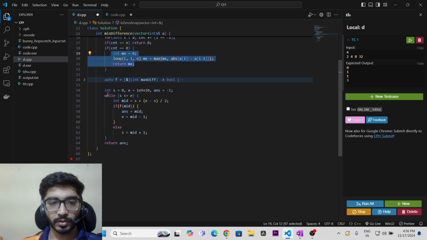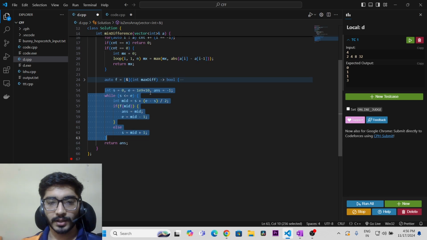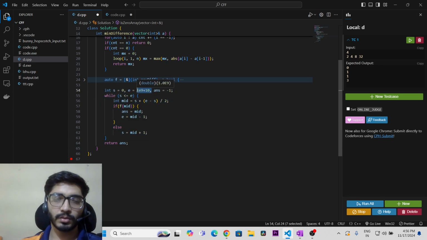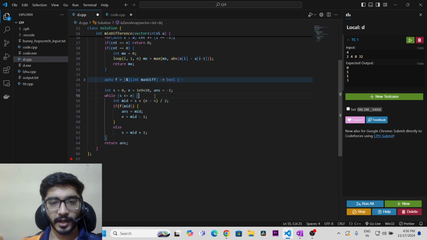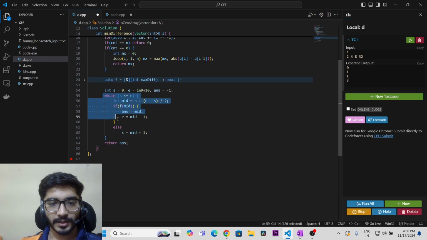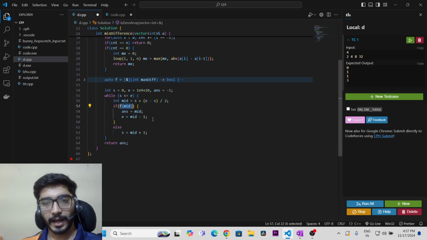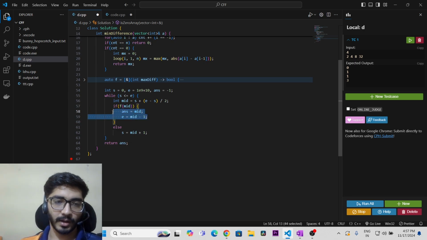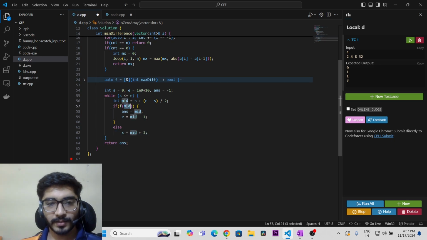Otherwise we are going to use binary search, and this is the maximum range, similar to the maximum range of int. हम इतनी बड़ी value के अंदर search करेंगे and our answer is -1 also. So this is a simple binary search logic: if some condition is met at a particular middle value, this is a possible answer, and I have to search in the smaller range, then I will pull my endpoint towards mid, and if not, search for a larger value. And this mid is basically the max difference,